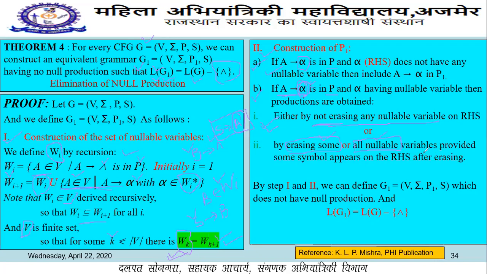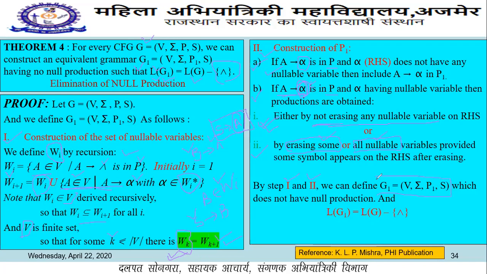Okay, some symbols remain in the right hand side. So by using these two productions, we can add the new productions in a simplified set of productions P1, from the productions in set P in a given grammar G, in which a nullable variable appears on the right hand side. So after using step 1 and step 2, we construct this simplified context free grammar.